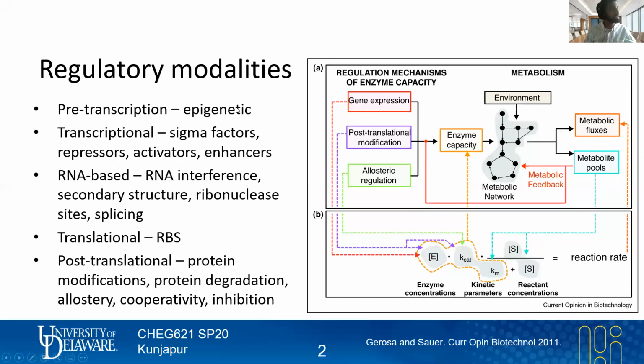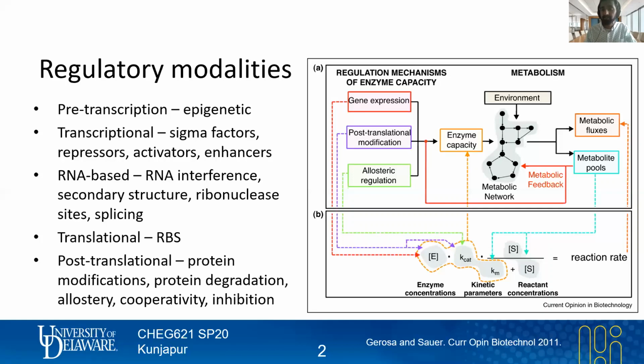I know I said we would focus mostly on prokaryotes, but I thought it's important to highlight, and there are a few examples in prokaryotes, although predominantly this is a eukaryotic phenomenon. This idea of even before you transcribe a gene, when you're just looking at the DNA sequence alone, there can be epigenetic changes, say DNA methylation. This is really big in, say, human cells. In our bodies, for example, there's a whole layer of pre-transcriptional regulation, chromatin, and whether DNA is even accessible to transcription machinery,